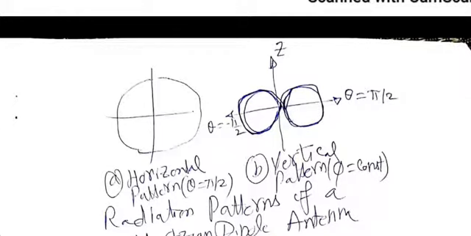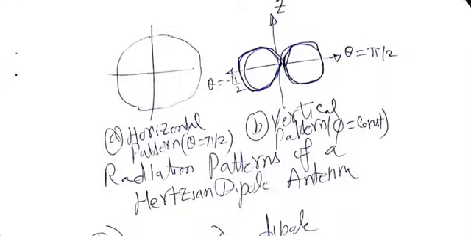The vertical pattern is governed by sine theta. So you see a figure of 8 type of configuration or type of radiation pattern. The horizontal pattern is a circle because no phi dependence is there. This is famously known as figure of 8 for obvious reasons. It looks like an 8 here. The pattern in B looks like a figure of 8, and that is the word commonly used in the books.